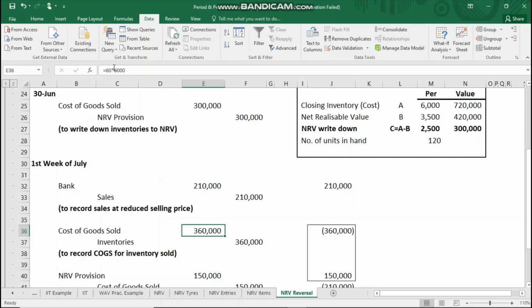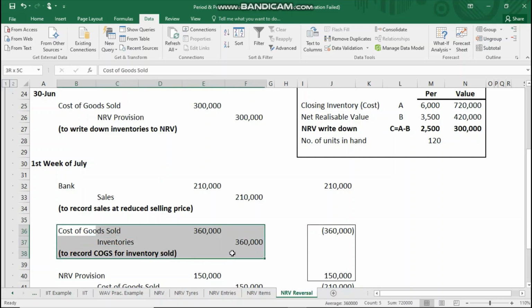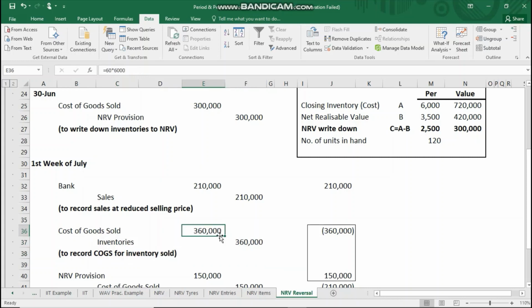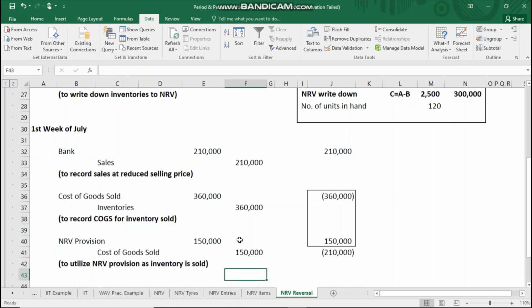अब यहाँ पे आप देखें कि मैं 60 टायर्स मल्टीप्लाई बाय 6000 जो कि मेरी कॉस्ट है, ओरिजिनल कॉस्ट। ठीक है, आपको पता है कि जब मैं एनआरवी राइट डाउन की एंट्री करता हूं तो मैं इन्वेंट्री कॉस्ट के अकाउंट को नहीं छेड़ता, बल्कि मैं एक सेपरेट अकाउंट यूज करता हूं एनआरवी प्रोविजन का, जो कि मैंने आपको इसका रीजन पहले भी बताया है वीडियो में। ठीक है, तो यहाँ पे मैं कॉस्ट ऑफ गुड्स सोल्ड की एंट्री मैंने कर दी, कॉस्ट ऑफ गुड्स सोल्ड डेबिट और इन्वेंट्रीज क्रेडिट। अमाउंट जो यूज किया है वो वही 6000 जो कि उसकी कॉस्ट है।